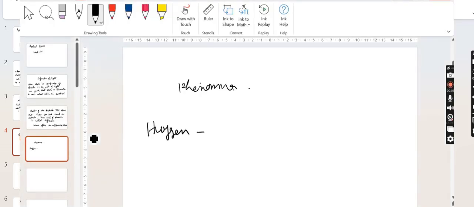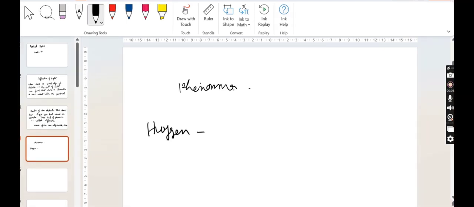To describe it, we need Huygens' principle. So Huygens' theory or principle states that